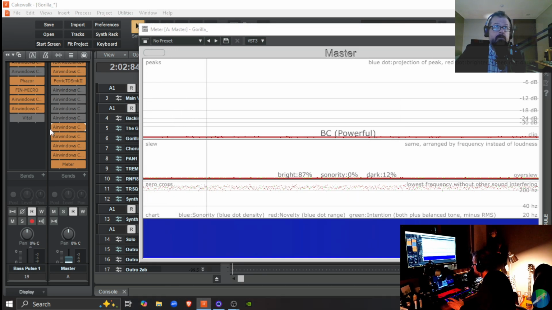This is the toggle for Zoom right here. All right, and I'm just going to play back from the beginning. When the vocal comes in, I'm going to toggle it on and off, and see if you can hear what's going on. Ready?